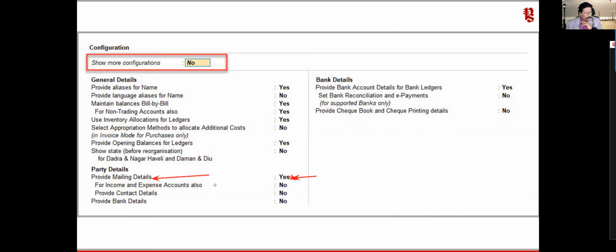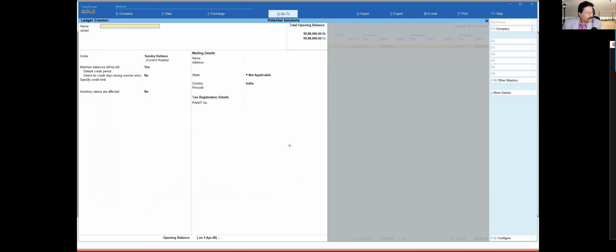If you want the mailing detail to be provided for income and expenditure accounts also, for whatever reason you need to capture it, you make this as yes. Let's do this.